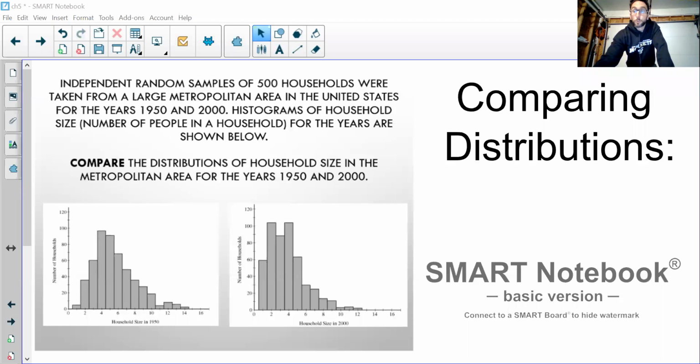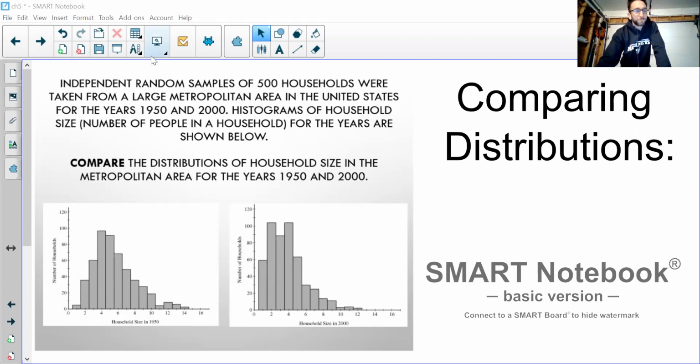Let's jump right in. So in class lately, we've been talking a lot about describing a distribution, right? Describing a distribution of data given a histogram, maybe a box plot, maybe a stem plot, maybe a data set, whatever. So today, we want to start to look at comparing distributions. Just take all that described stuff, take it one step further, a little more writing for us. So we're going to jump right in with a free response from 2012,